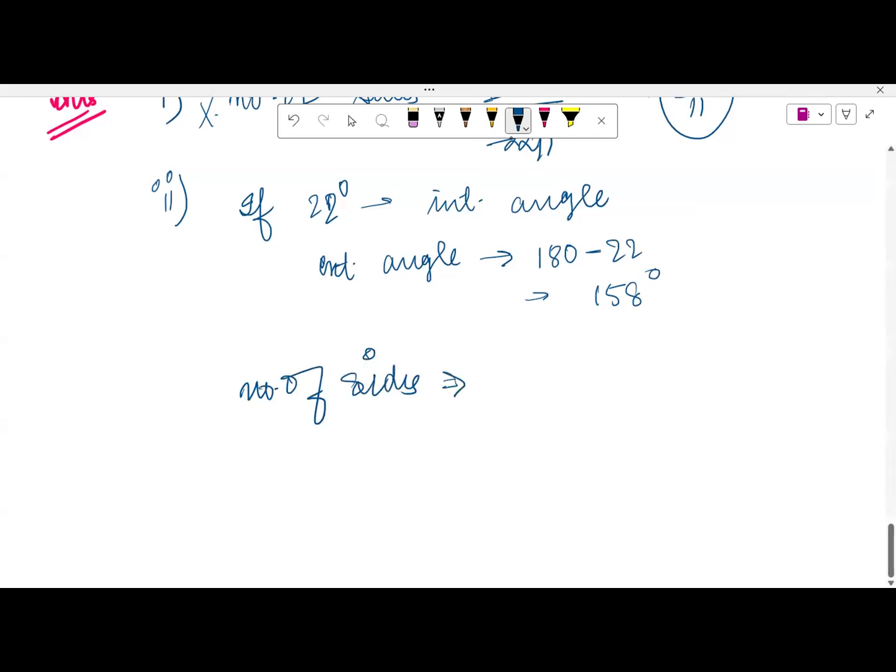360 divided by 158. Not possible. Again, this is not possible, so we will not be able to form a regular polygon. Okay. Now next is